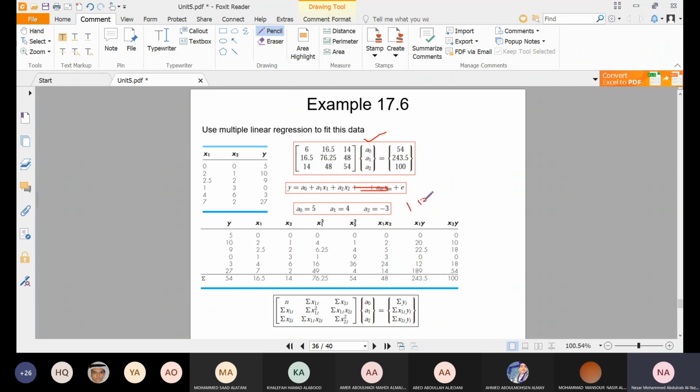I have credit for the final answer. For example, I put 1 point here for the final answer. So if you give me only the final answer, you will get 1 point from the total. Usually I distribute the grades over the steps, 1 point, 1 point, 1 point, like this. So I have here, for example, 6 points. Final answer only 1 point. The model here 1 point, for example, and the matrix here 1 point. Without details, you will get 1 point only. To be clear with you. Makes sense? Yes. Okay. So please, guys, don't try to use software in the homeworks and the quizzes, because